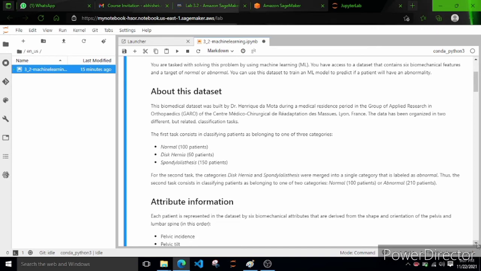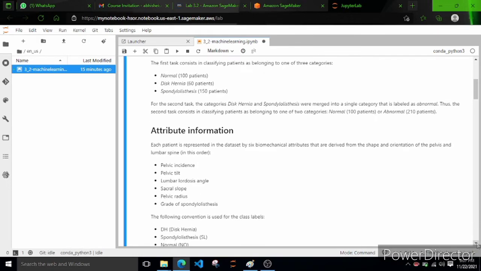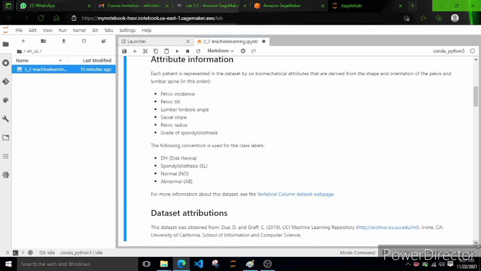The first task consists in classifying patients as belonging to one of three categories: normal, disc hernia, or spondylitis. And if you see, there is certain attribute information.